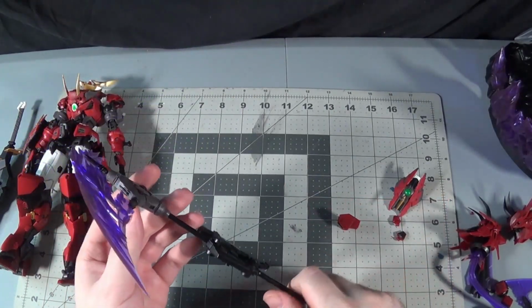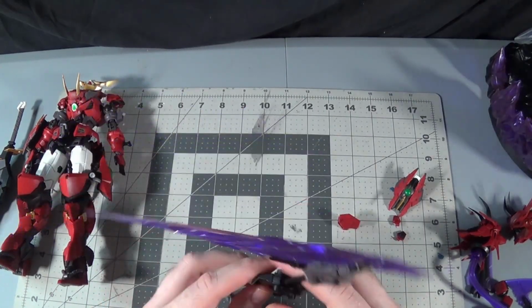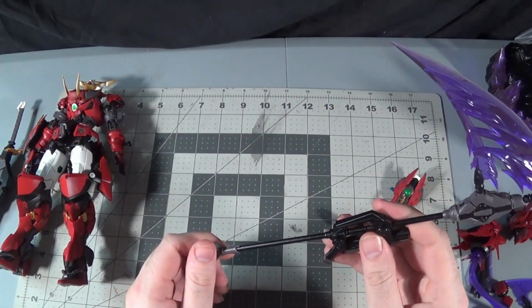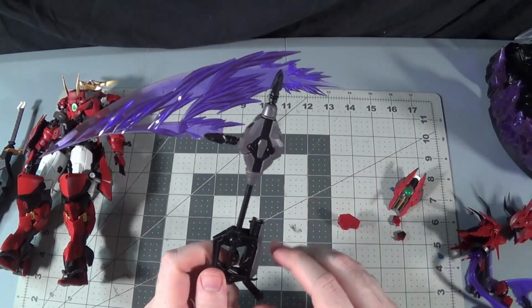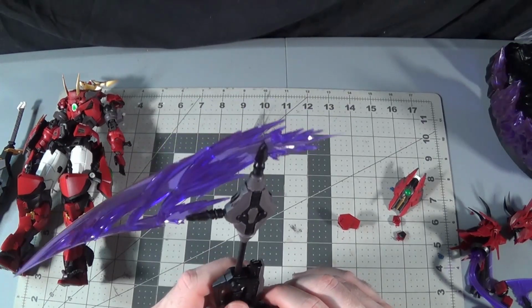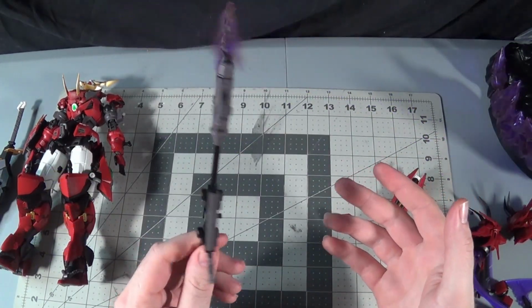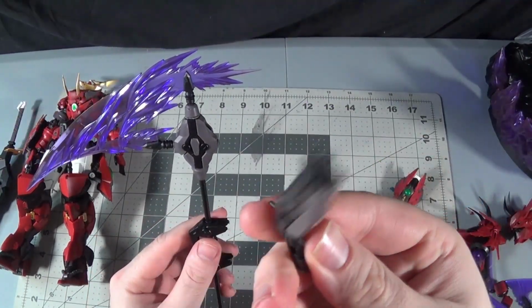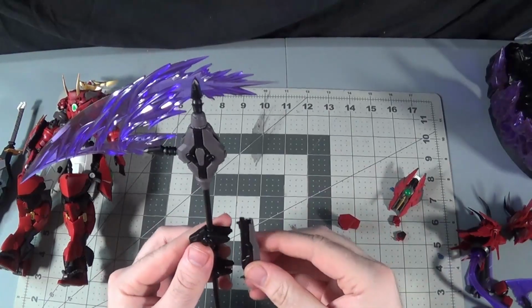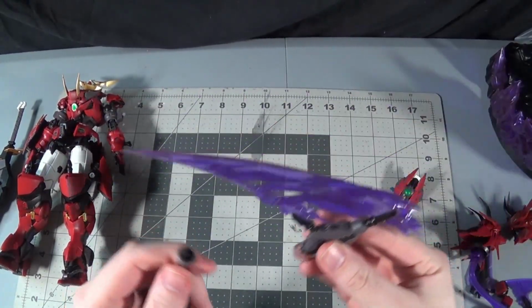Now, if I remember correctly, this was like a pre-order, first batch special. I ordered mine fairly recently, and it came with all the extra stuff. So I don't know if they just decided to keep going with that, or there's still just a bunch of first batch stuff out there. But you also see the gun is stored there on the back of the scythe. And with the scythe, you can